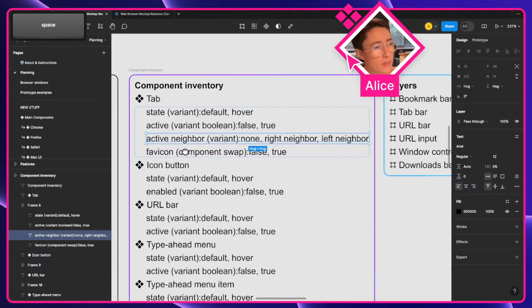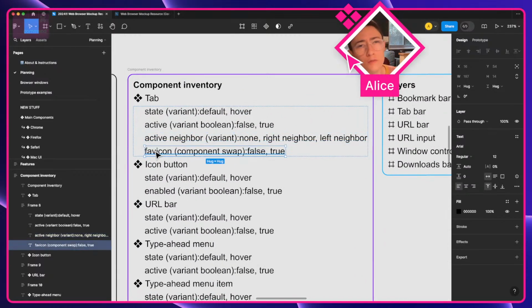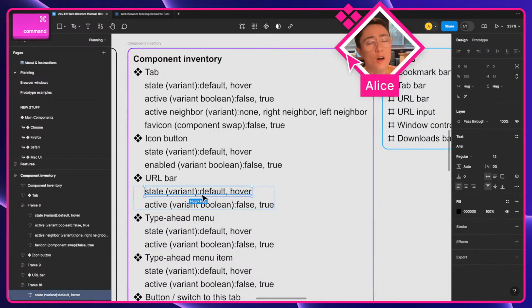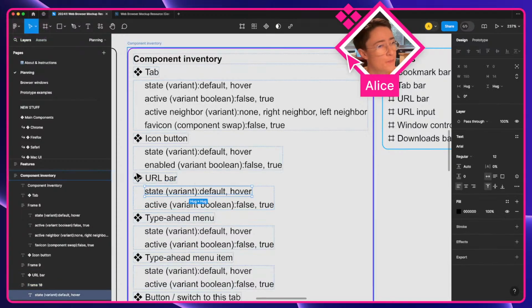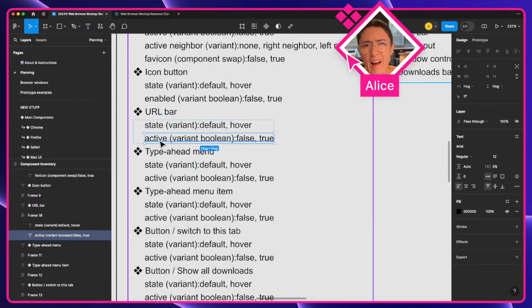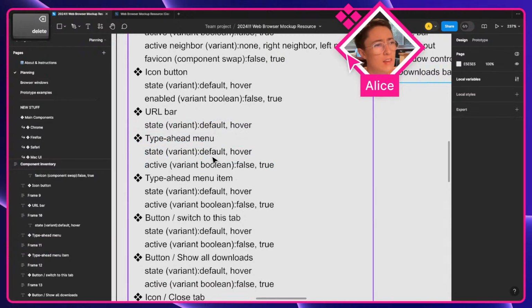I'm also already thinking ahead of, do I want to use variants? Do I want to use component properties? And if I'm using component properties or variants, what am I doing? State is going to be a drop-down select. Favicon is going to be a component property, and I'm using the swap property, so you can swap in whatever you want. Icon button, I already explained that. The URL bar is, if it has a hover state, it needs to be a component. So we've got that. I don't think the URL bar can be inactive, so I actually might not need